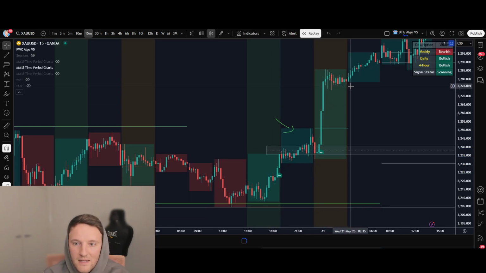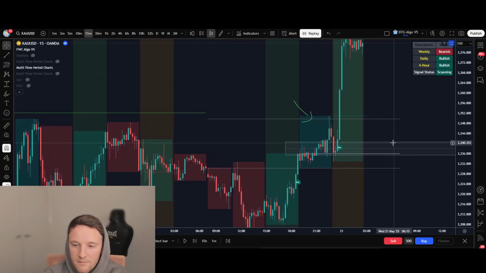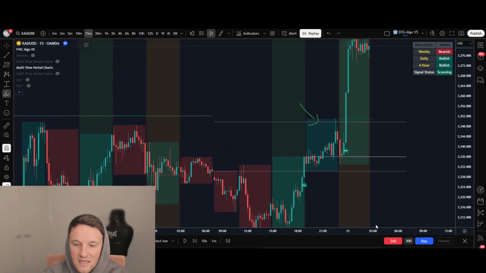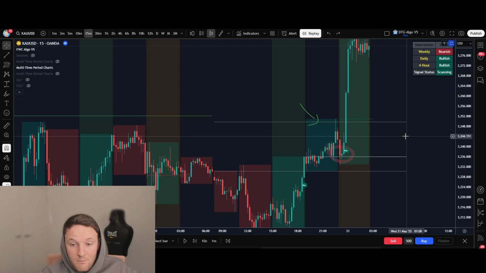And if we go back using the replay tool, if I get rid of this fib level for now, you can see the key levels in the market right here, right? Provided by the DTG indicator as well. We're retesting that level. 1, 2 rejections of that key level and price starts bouncing back to the upside. So going back